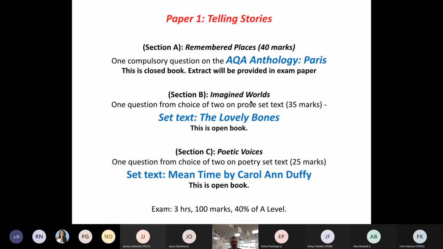Now, you'll find that your A-levels are all challenging exams. When you think about it, they've got to test 2 years' worth of learning over the course of 2 or 3 papers. So they do tend to be longer than GCSE exams. Now, I don't want anybody to worry or be intimidated by that at this point. You will get used to it. You will, by the end of it, be more than ready to cope with that exam, because in reality, it seems a long time, but you're just going to be answering 3 questions in 3 hours. You're just writing 3-hour-long answers in a row, okay?